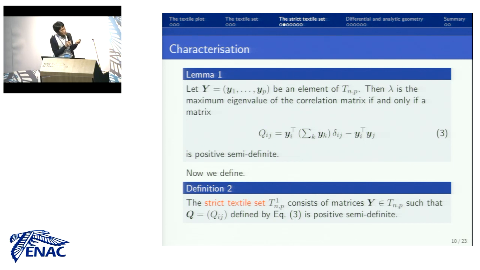This matrix itself is not necessarily positive semi-definite, but if this quantity is positive semi-definite, then lambda is the maximum eigenvalue. So we define the strict textile set by